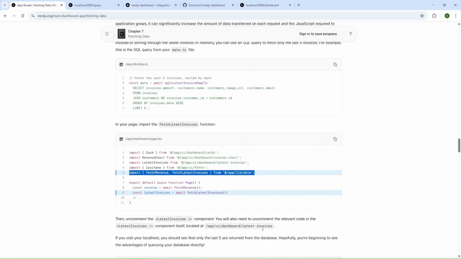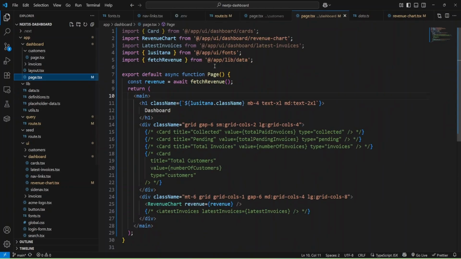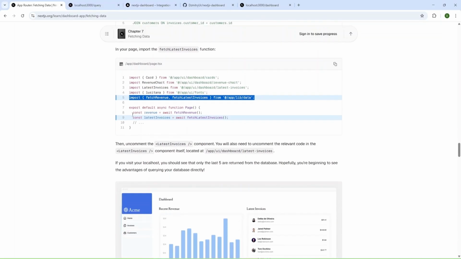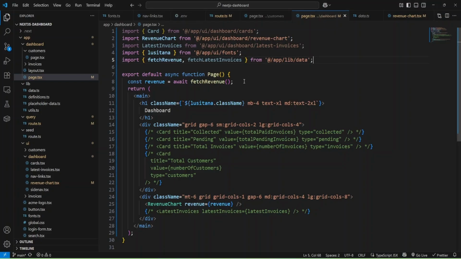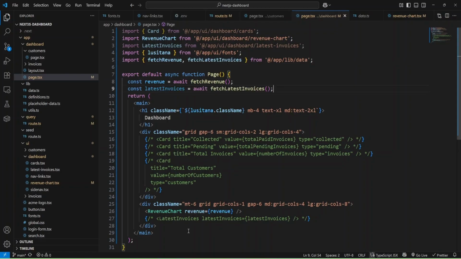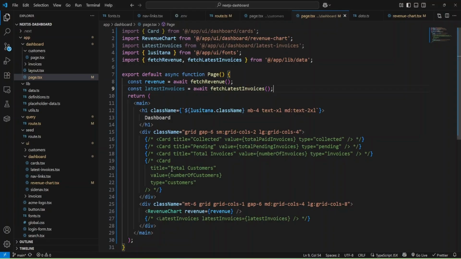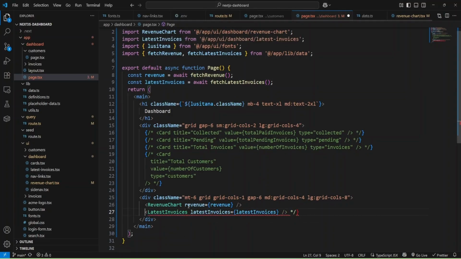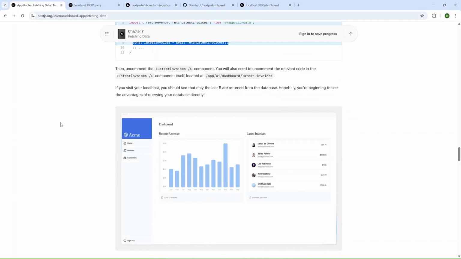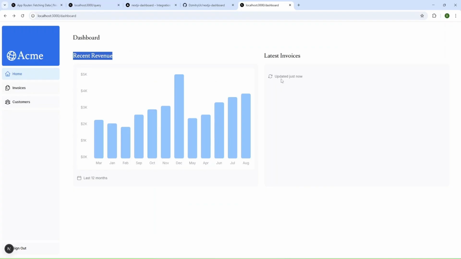I'm going to add this import, and we'll add it here. Also we need to add the latest invoices constant. Okay, and let's check, and then uncomment the component. Okay, we can check our dashboard, and as you can see, we have our latest invoices, and something updated just now.